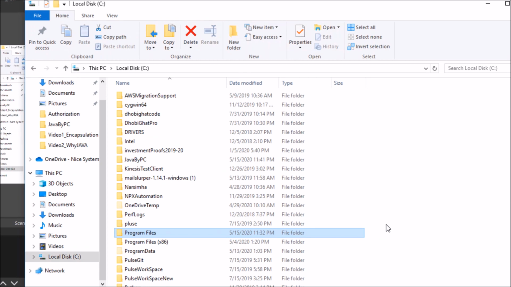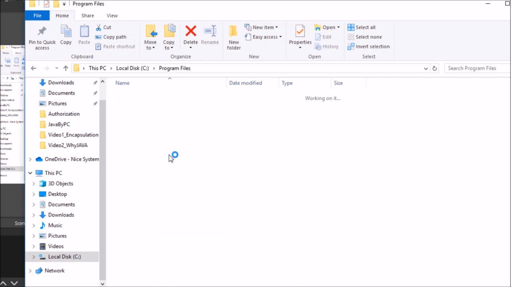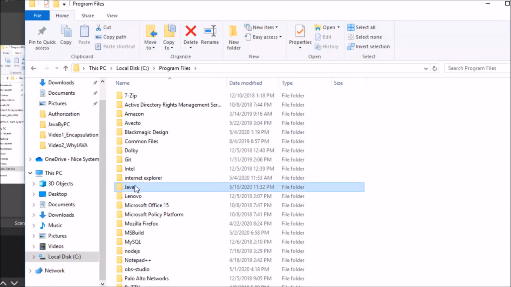So now Java has been installed successfully in my machine, but before writing programs we have to set up the path in the environment variables of the OS. We'll see why we want to set up the path, why it is needed, but first let's set it up. My Java has been installed in the Program Files in the Java folder.